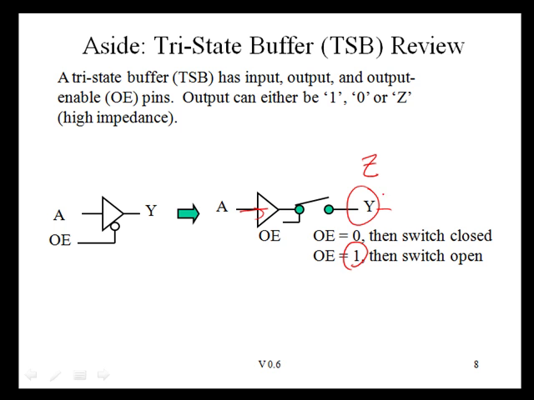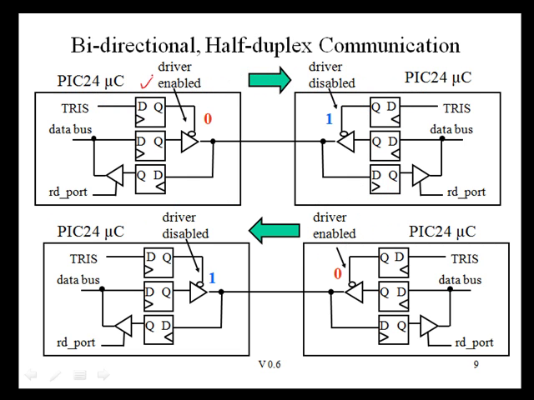It's not being driven. Inside the parallel port logic of the PIC24, there's a latch that can change the TRIS bit setting that basically is controlling the output of the tri-state driver. There's another latch that's going to be used to actually drive a value onto the actual pin. So in this case right here, if the TRIS bit is a 0, then this driver is enabled, and whatever I write to this latch here is going to drive through here and appear in this